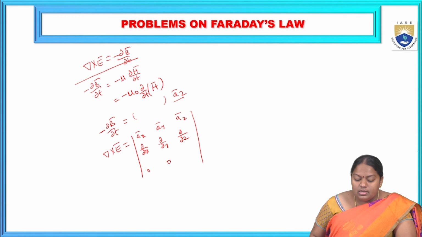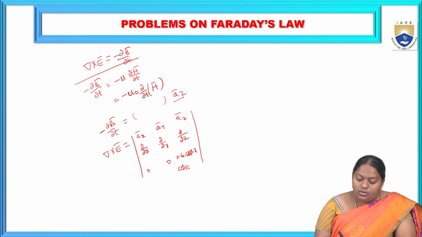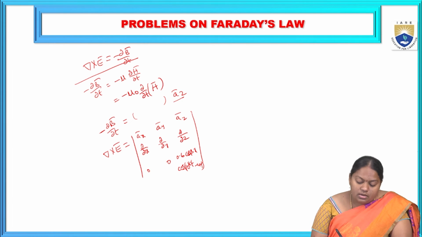If I evaluate like this, substituting in place of az the value we evaluated in the previous case, or directly the value 0.6 cos βx into cos(10^8 t − 4y) into az, which is equal to